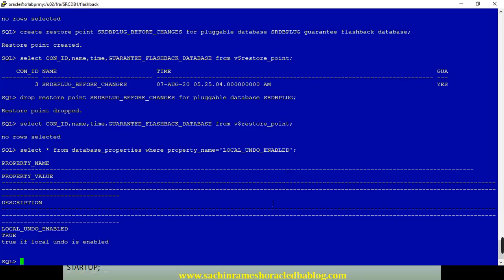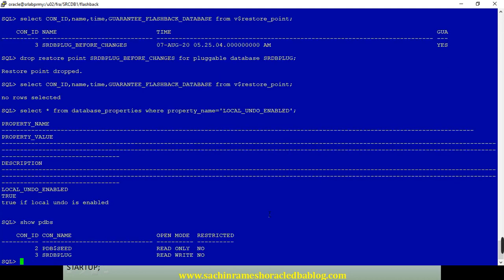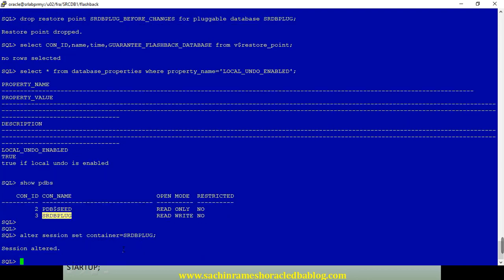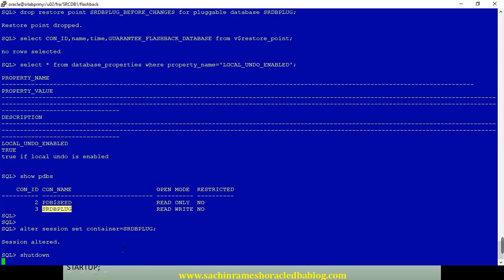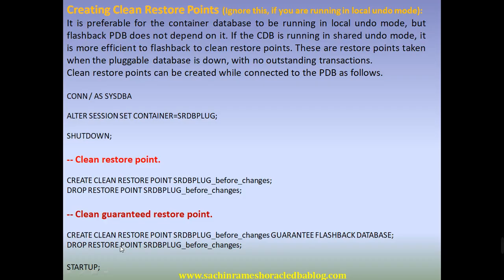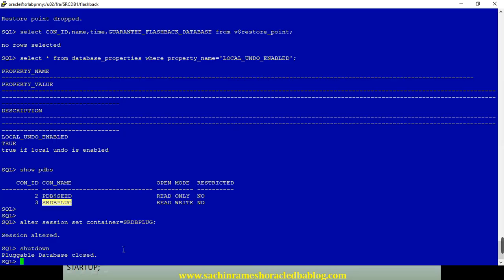Okay, let's do it. So PDB, alter session set container. Now clean restore point we are going to create.